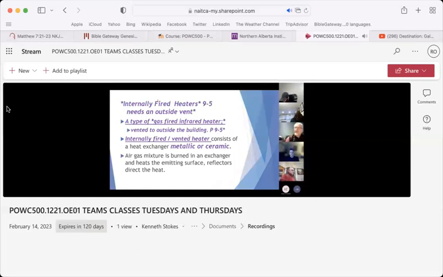radiant heaters. Internally fired are a variation on that, so we can connect them to outside vents. And that would make them safer to use inside a building because we can vent them to the outside of the building. Internally fired vented heater consists of a heat exchanger, metal or ceramic; gas mixture is burned in the exchanger, heats the emitting surface,